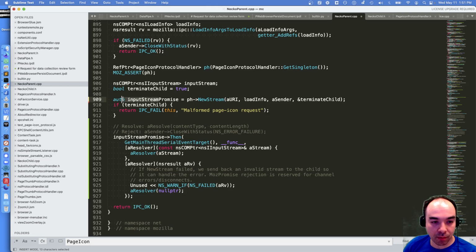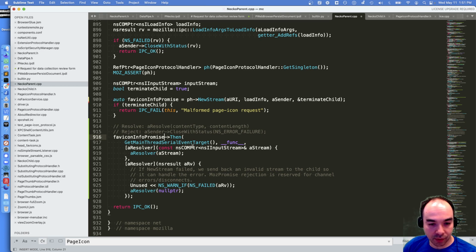And this is not an input stream promise. We're going to say content promise, content data promise. Or maybe I'll call it favicon data promise. Favicon info? Yeah, favicon info promise.